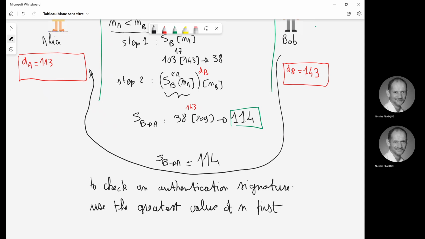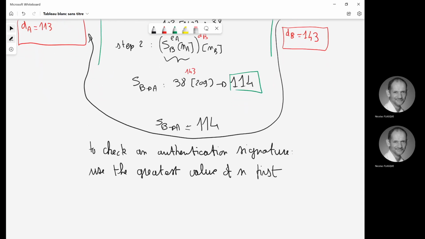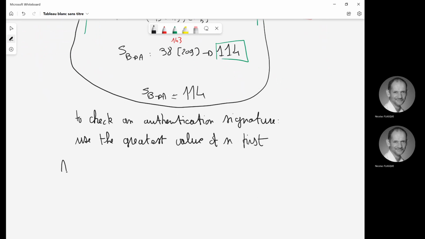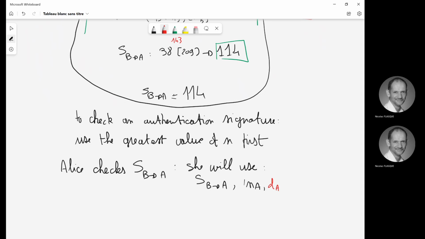Okay, so I'll go a little deeper. When Alice checks the authentication signature, just as for creating one, she will use the data that's available to her. So she will use actually the signature she's just received, then her private key, because the signature has been built using her public key, so she will use her private key to decipher it, and